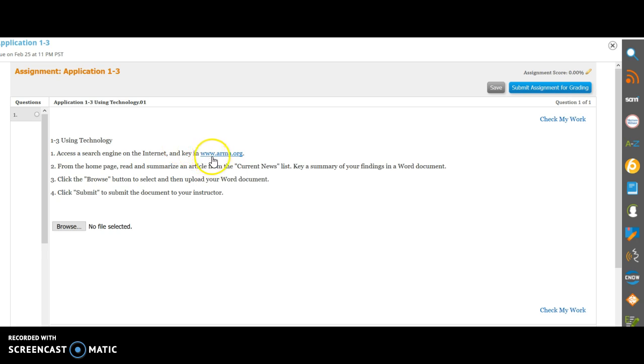So you will go to this particular site. ARMA is one of the sites we use for records management. All right, it is a professional organization. You're going to go to the home page, find an article. You're going to key a summary of your findings. So that means you have to read it, understand what it says. You're going to write me a short paragraph in Microsoft Word, save it on your computer, and then you're going